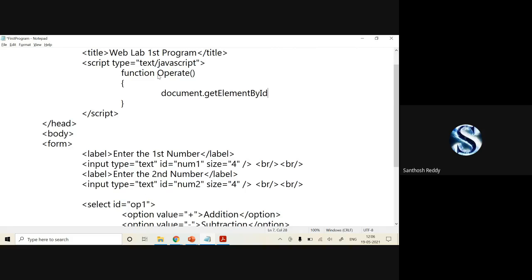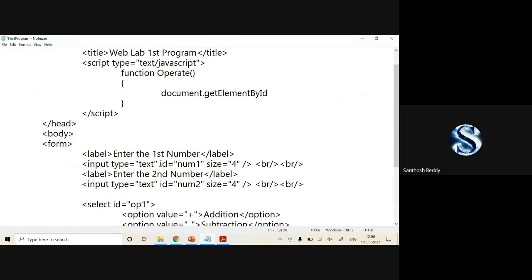Suppose I enter the value 11 in this particular box. How should I get to know that 11 is entered? In the form tag, I have explicitly specified one attribute known as ID, which will be unique.